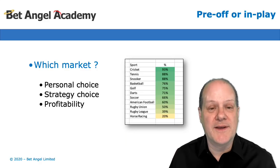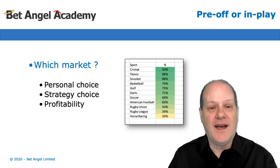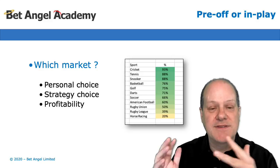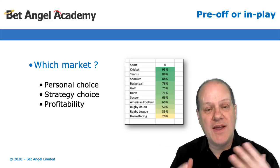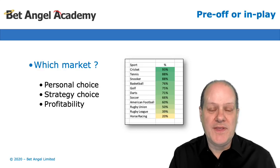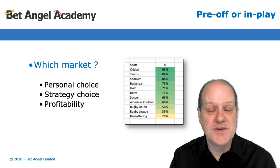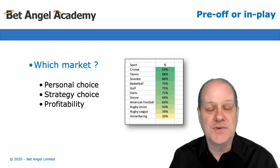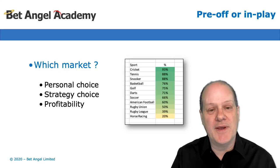You'll also realise that in-play trading, without losing too much money, where the spreads are narrow and you can get in and out of the market with ease on volume, generally only occurs on the exchange. If you're sharp with a bookmaker when they're offering in-play prices, you'll probably get shut down. When you see a lot of people saying, I've been banned or restricted by a bookmaker, it's probably because you're